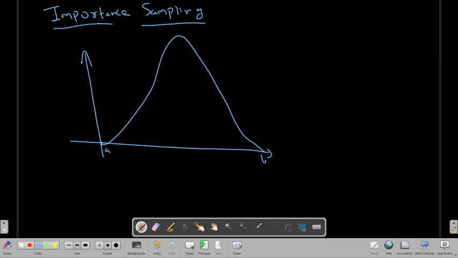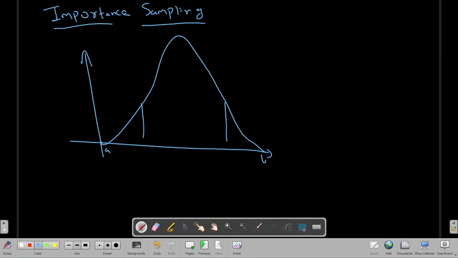So now we will be discussing importance sampling. From the name itself, you can see that you have to take more samples in the important area. You can see that this is your area, but most of the area of the integration is coming from this region, and very little area is coming from this region.